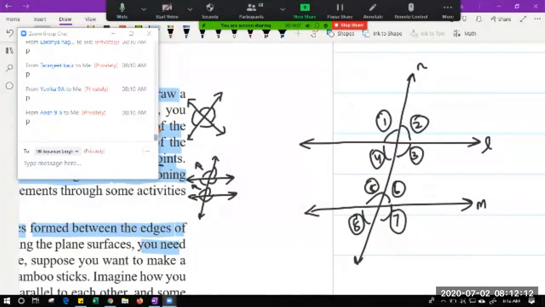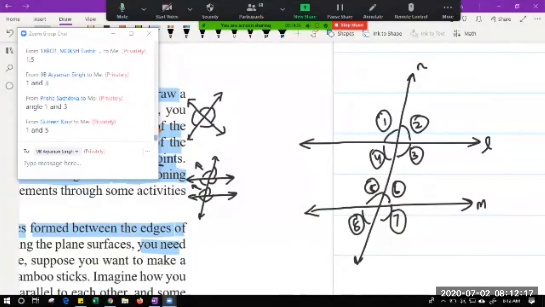Please write the names. Moksh is saying 1 and 5, correct beta? 1 and 3, no beta, 1 and 3 are vertically opposite angles. Then 2 and 6, Utkarsh, good beta. 4 and 8, Ananya, 2 and 6 is correct. Then Mehak 2, 6, Parkhi 2, 6, okay. Gunjan is saying 2 and 3, which is wrong. First of all, you should be here with your correct name. I think it is Abhishek Bhatt, but it's okay. Be with your correct name.